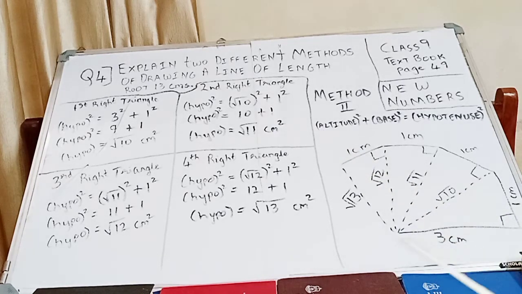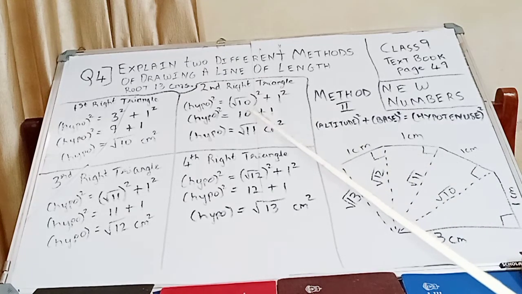In the second right angle triangle, we will take root 10 as the base and 1 centimeter as the height or the altitude. This is the 1 centimeter altitude and this is the base, root 10 we have already found out. So we will be substituting in this Pythagoras theorem. We don't know what the hypotenuse of the second right angle triangle is, so we will substitute over here. This is root 10, we got it from the previous hypotenuse, which is our base right now in the second right angle triangle. So root 10 the whole square plus 1 is the height or the altitude, 1 square.